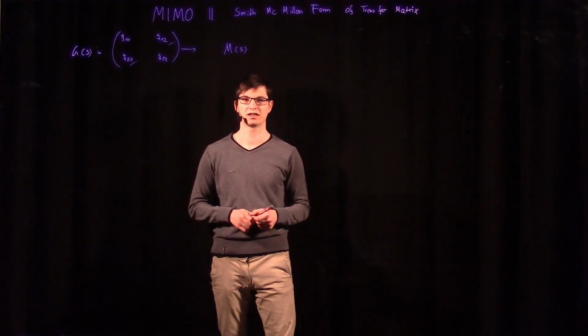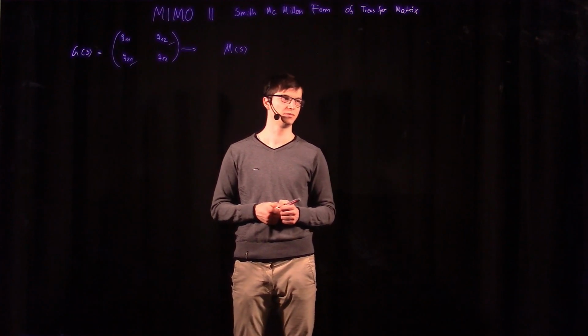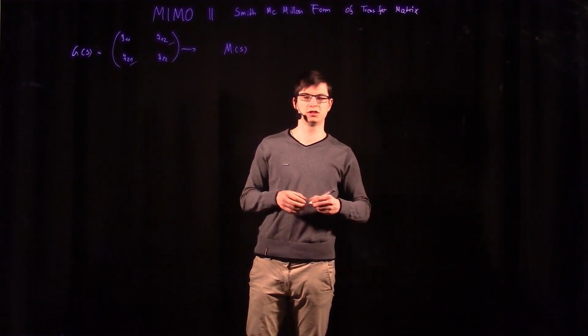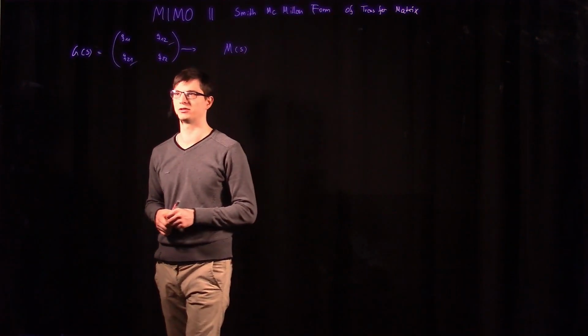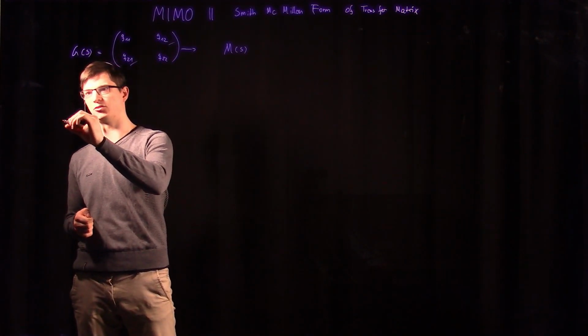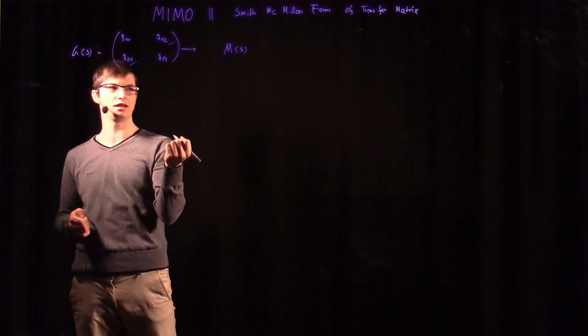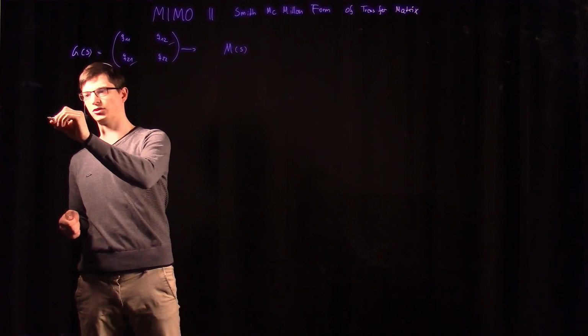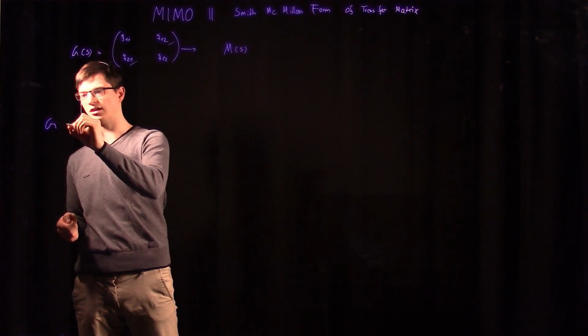Now we want to discuss a more complex example. We will imagine a different transfer function matrix that has more inputs, and then we will analyze the system. First thing, we assume that we get